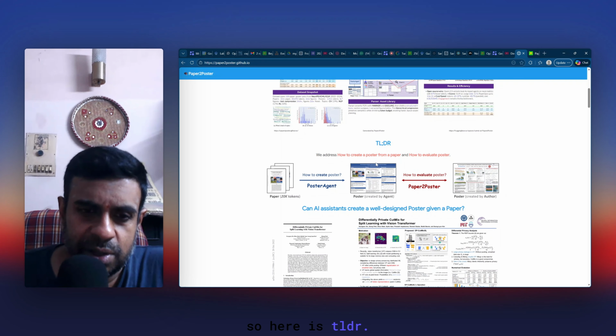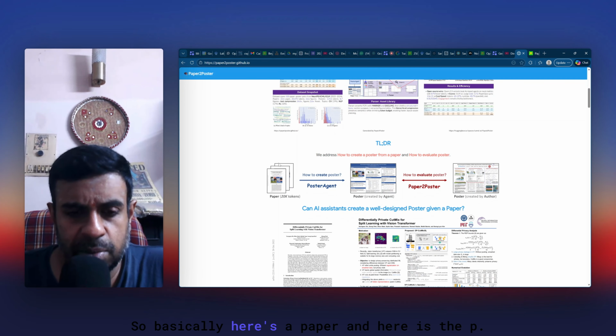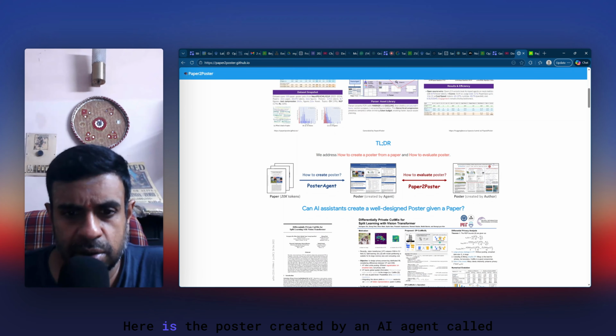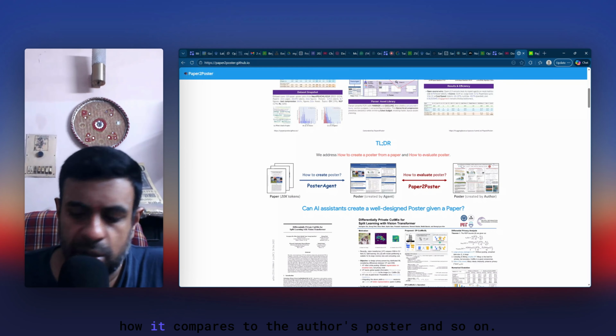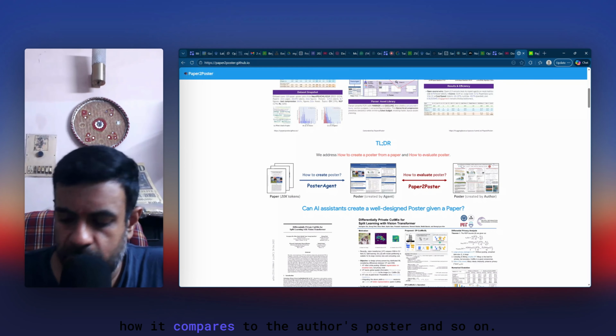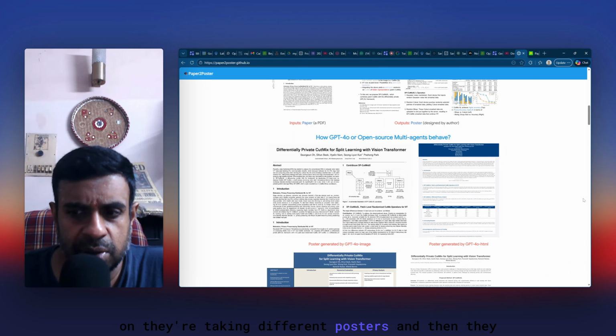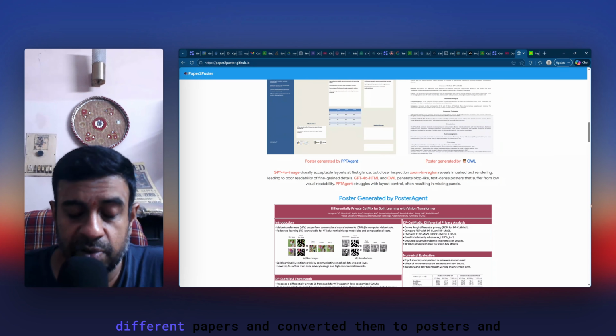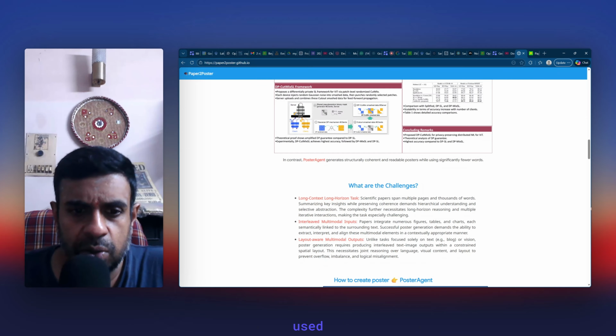So here is the TLDR. We address how to create a poster from a paper and how to evaluate that poster that is being generated. So basically, here's a paper, and here is the poster created by an AI agent called the poster agent, and here is a poster created by an author. So the question is, how do you evaluate how the AI agent's poster compares to the author's poster and so on, right? So they've given a few more examples where they've taken different posters and converted them to different papers and converted them to posters and used different